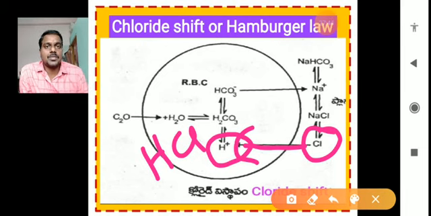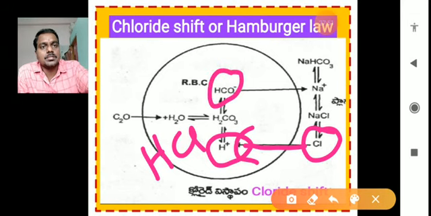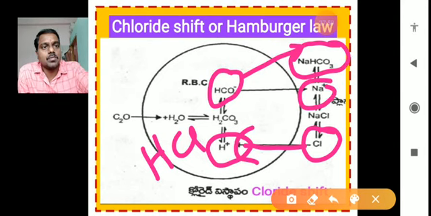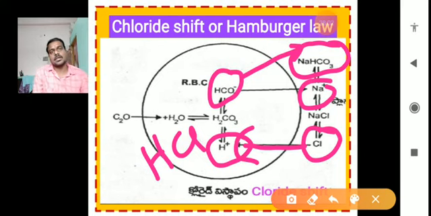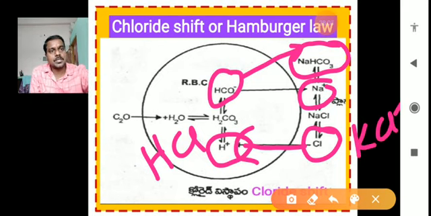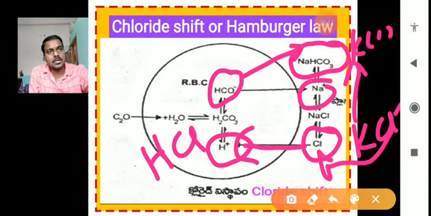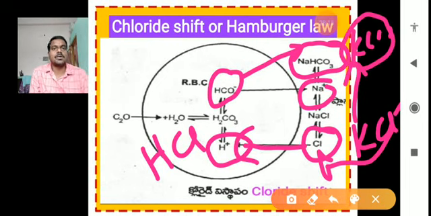So to prevent the increase of HCl, the HCO3 minus is released again into the plasma and binds with Na plus and finally forms NaHCO3, sodium bicarbonate. Potassium is also there: NaCl, KCl. Some KCl is also released and Cl is also released. This KCl also forms, with the help of HCO3, what we call potassium bicarbonate. So majorly sodium bicarbonate is formed in the plasma.